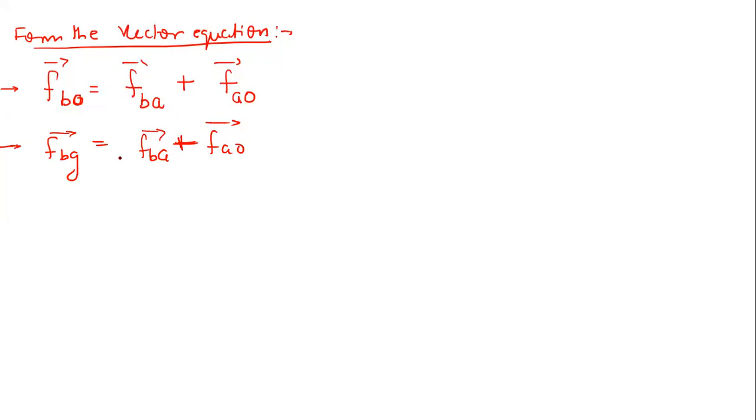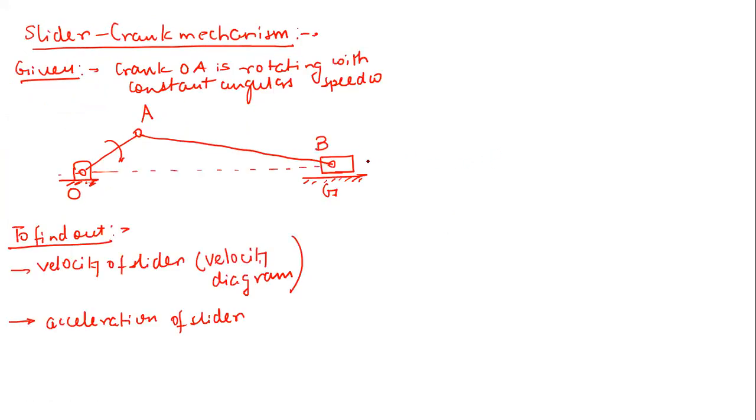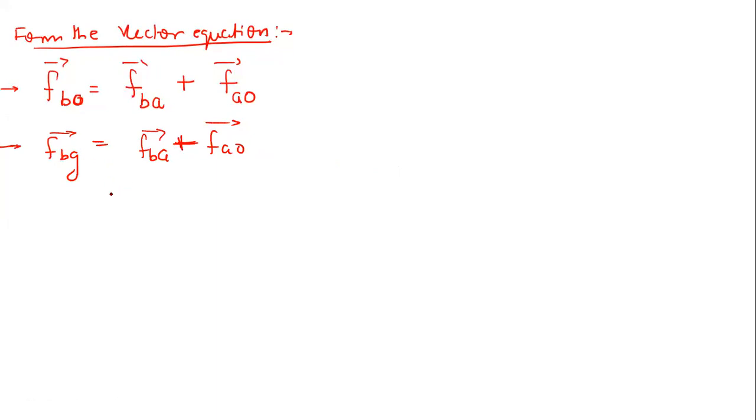Here we don't need to break down this one, because this is already the expression of B relative to G, and this is going to have only one direction, the horizontal direction, because the acceleration of B relative to G will always be in this direction. So you don't need to worry about this part. Now let us go for this. It will be written something like this: G1B1 vector is equal to A1B1 vector plus O1A1.